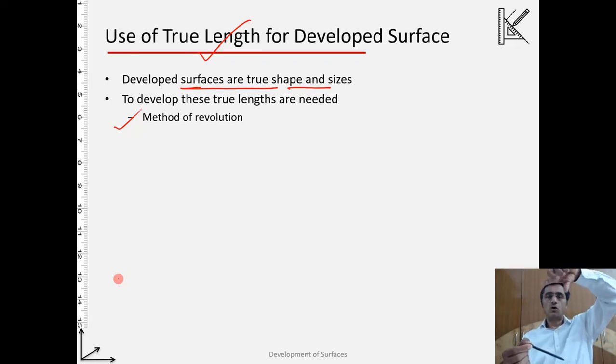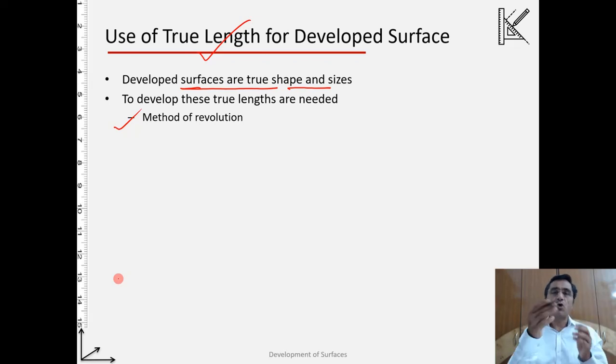So on the horizontal view, its projection will rotate. Alright, so then it will become parallel to the frontal, and once it is parallel to the frontal, on the frontal plane we'll get the true length. So we make use of this concept, and we can do the same job also with the help of the auxiliary view. However, in the case of the auxiliary view, we have to create an extra auxiliary view.